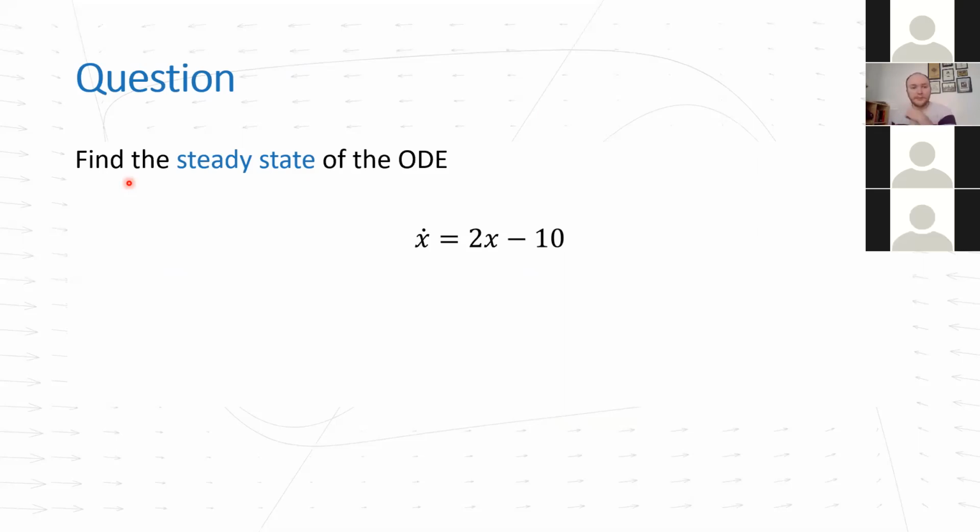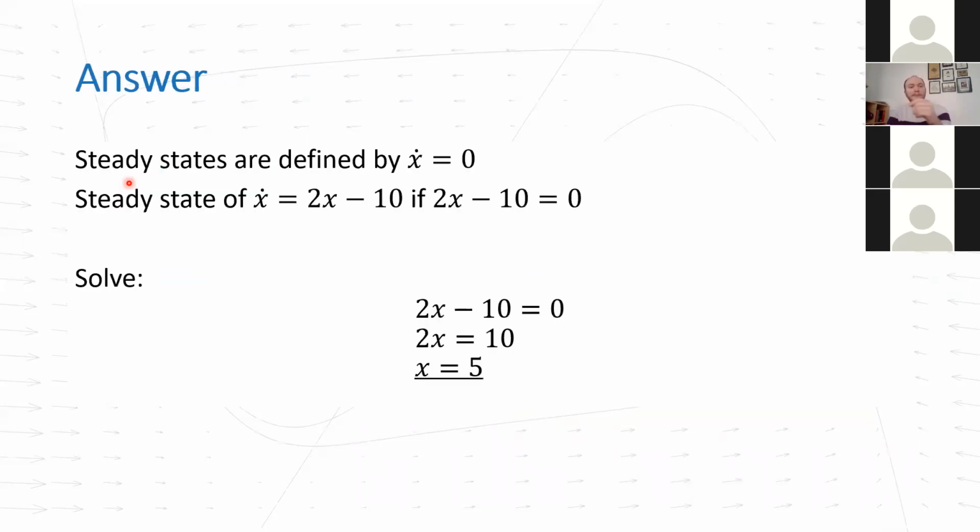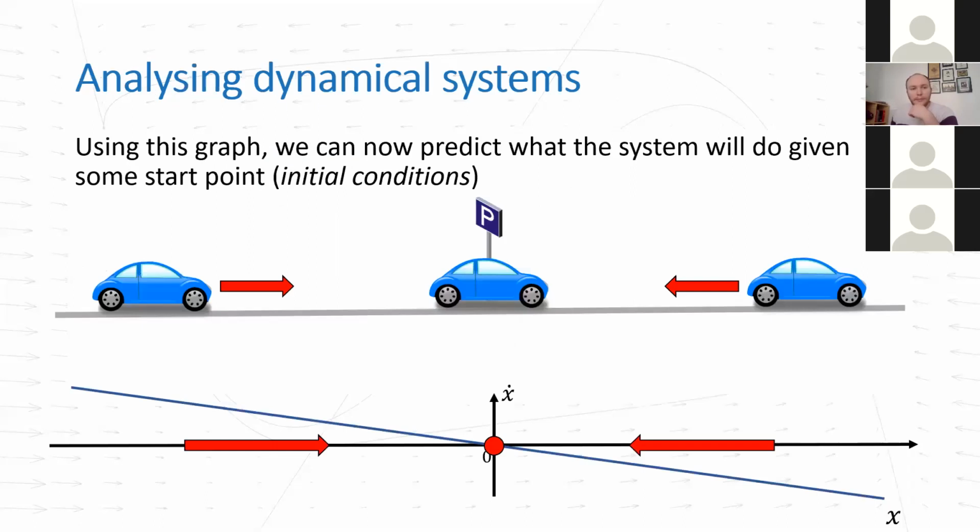Exactly, yes. So we say x dot is 0, we take the equation and we replace x dot with 0. So we've got 2x minus 10 is 0, and then we can solve that for x is equal to 5. So perfect. Now using this graph, we can say exactly what the system will do given that the car starts at